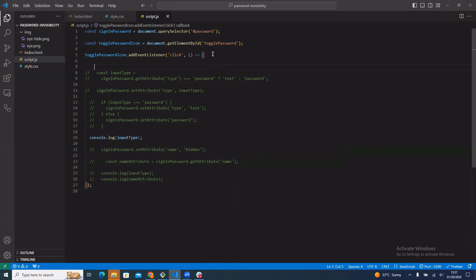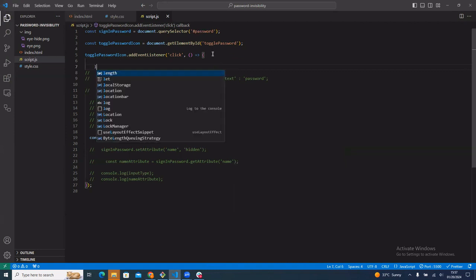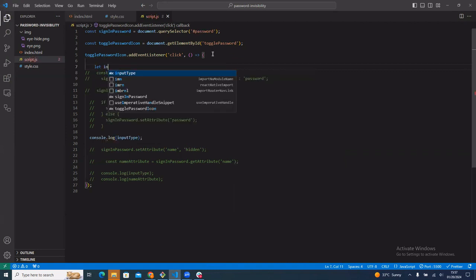comment out this. And let me use let here. Let me use let inputs. I know most of us understand if else. This one is called conditional. It's a short way of writing if else statements. Let's say let input type equal to